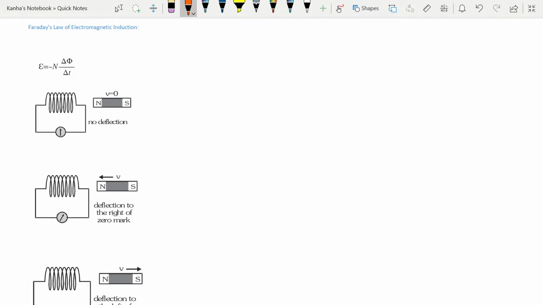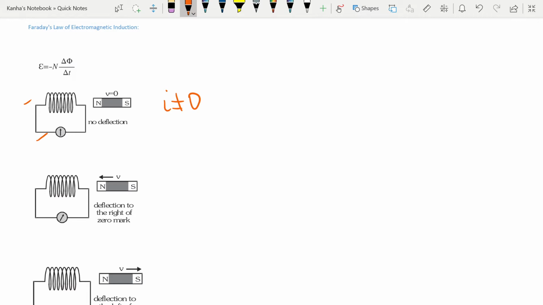Faraday actually did some experiments, and we'll just quickly summarize the results of the experiments. He placed a coil with a galvanometer, but no current flowing in the coil, on one side, and then he tried to bring the magnet close to it and take it away from it, or just keep it stationary, and he wanted to find out what happens to the galvanometer's readings. In the first case, when he just kept the magnet stationary close to it or inside it, he found that there is no deflection, so there was no current induced in the coil.